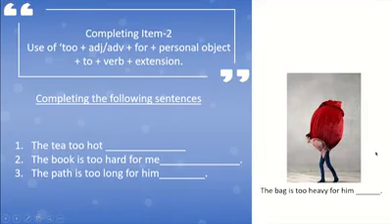In this slide, we can see a man who carries heavy loads on his back. The structure is: too plus adjective or adverb plus for plus personal object plus to plus verb plus extension. The bag is too heavy for him